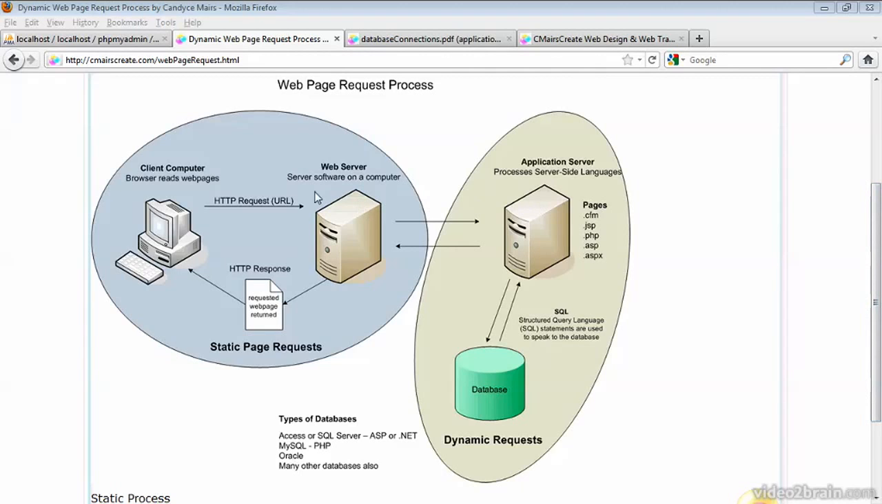So in a dynamic web page request process, the request starts at the user, makes a request of the server, and then the server only speaks HTML. So if there's a server-side language involved, this is where it resides. And the web server, all it does is serve up pages back and forth. So any processing in PHP, Cold Fusion, ASP, it doesn't matter which server-side language, that all happens over here